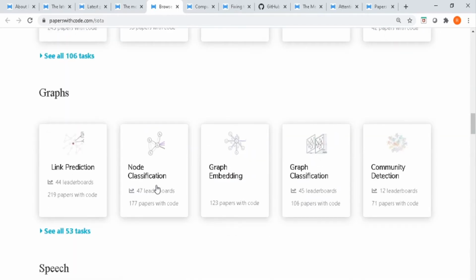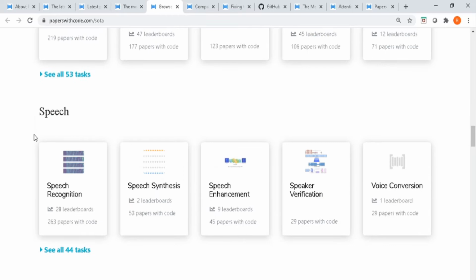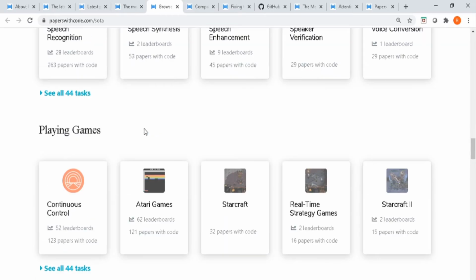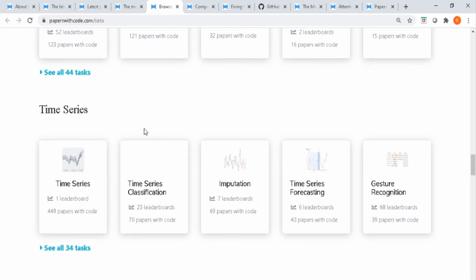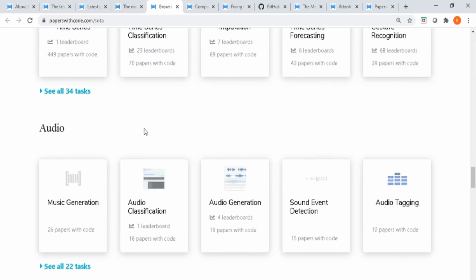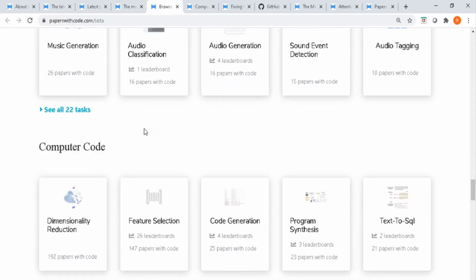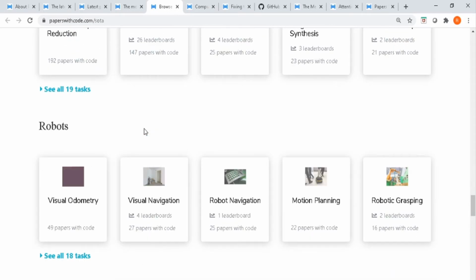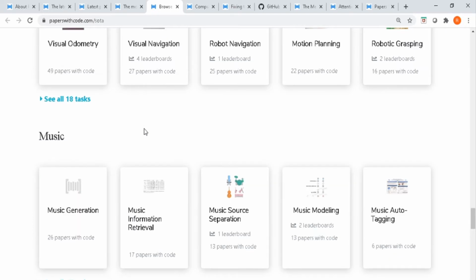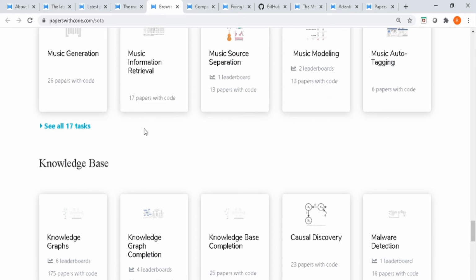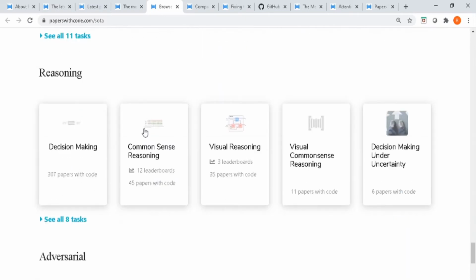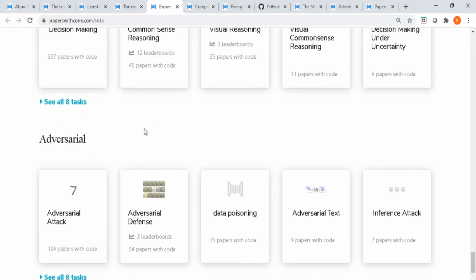Then you have papers related to graphs, speech processing, playing games, time series analysis, audio processing, computer code, robots, music, knowledge bases, reasoning, and adversarial learning.